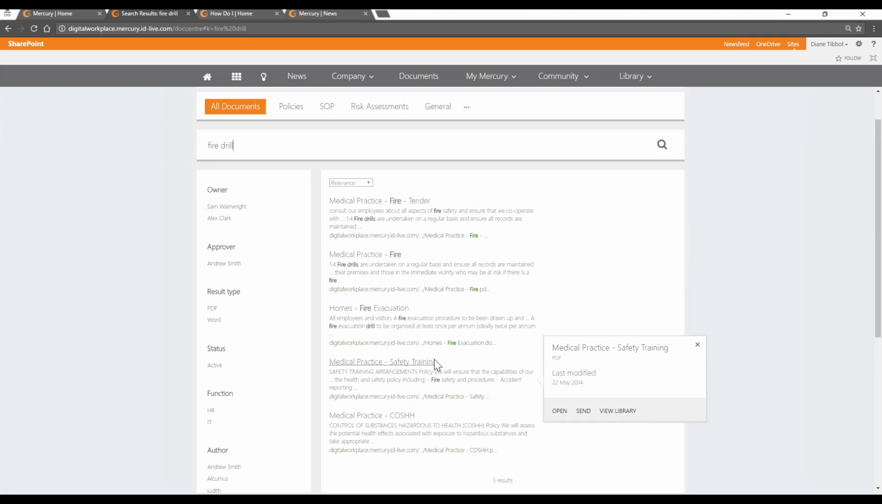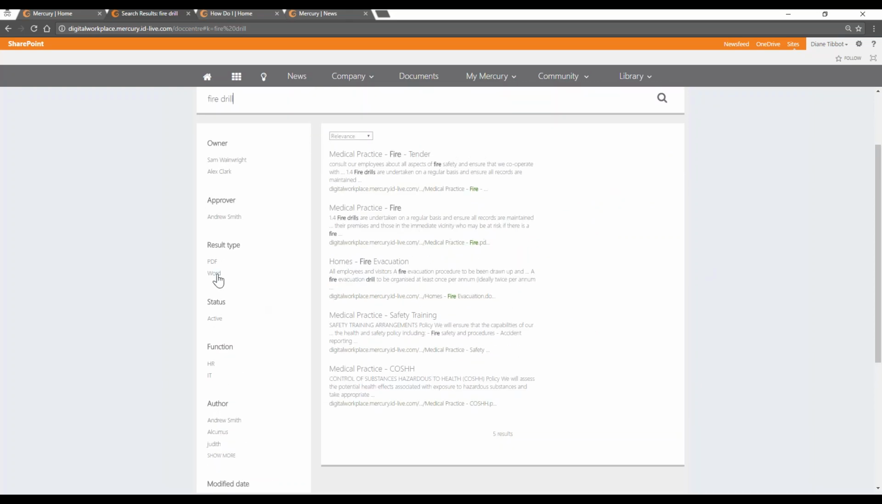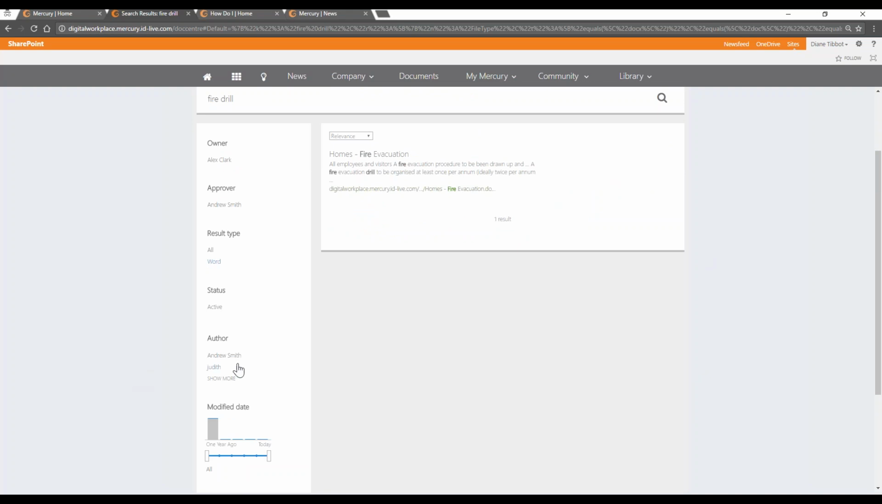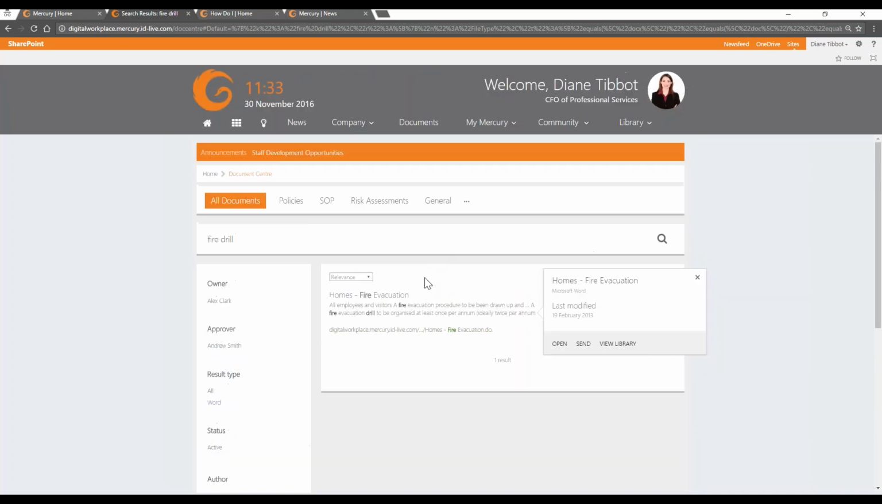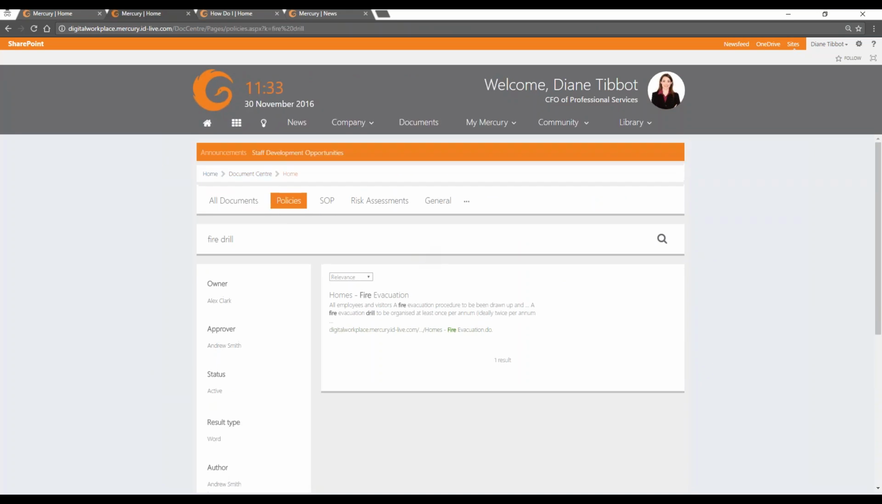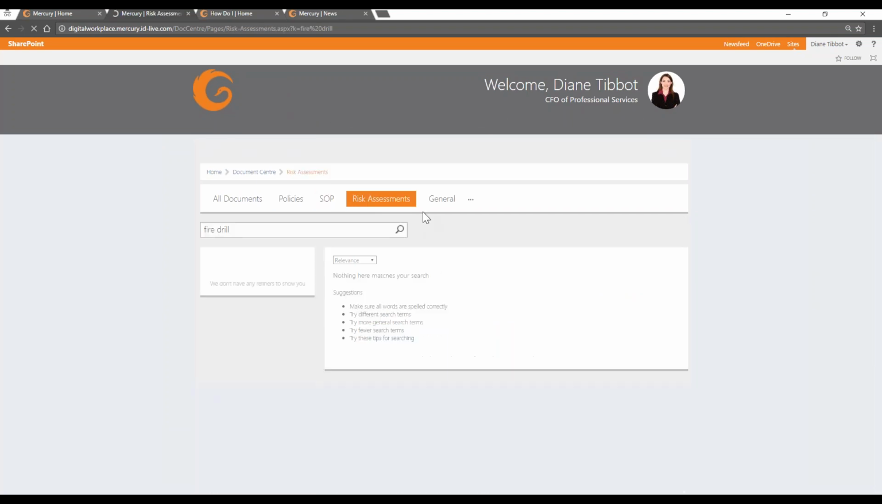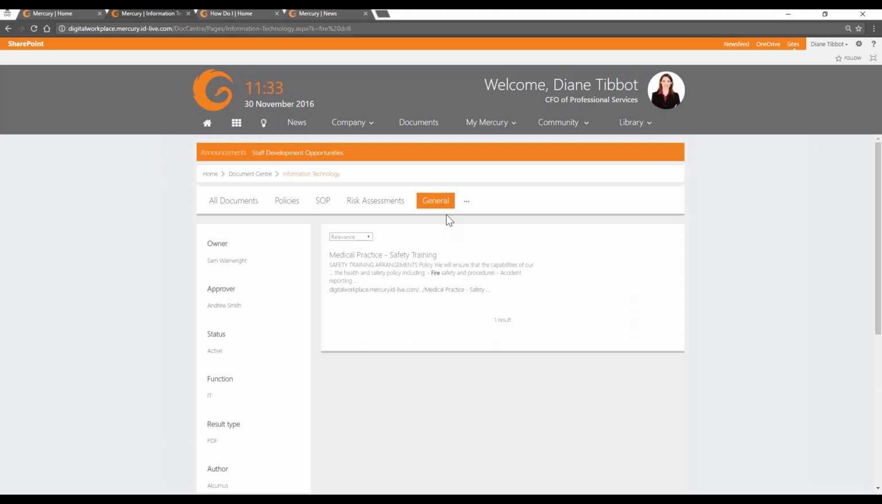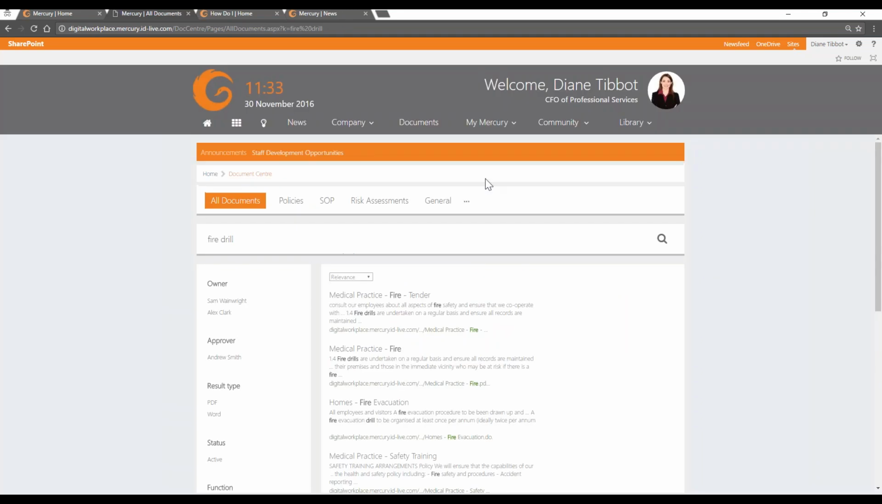policy, safety training, etc. I can use the refiners on the left-hand side, as I know the document I'm looking for is a Word document, and I know the author was Judith, and that's going to filter the documents right down. I can also look across policies and any SOPs, standard operating procedures that we might have, any risk assessments, or any general documents. And you can define your own categories for these documents, and we work with you to build these out. And if I show you behind the scenes of that site, so I'm going to click on